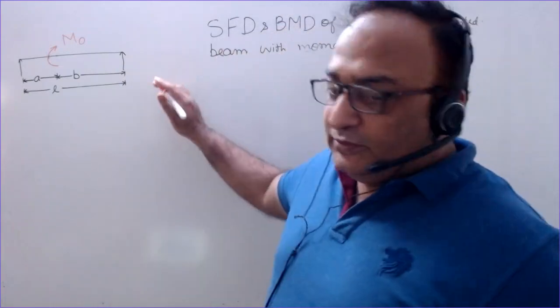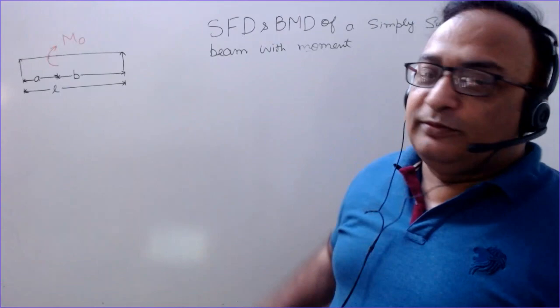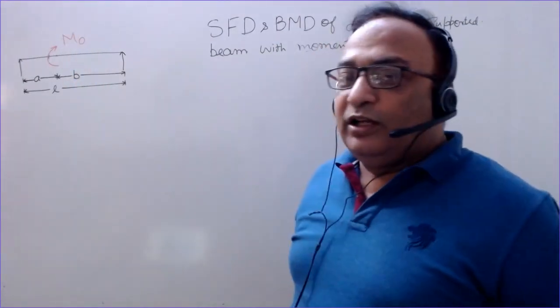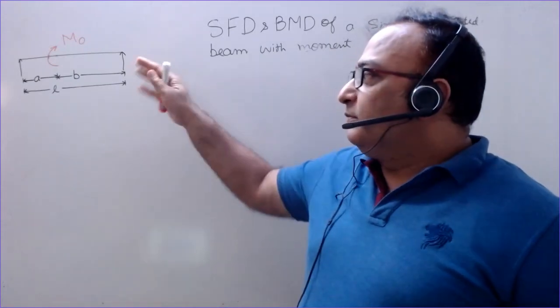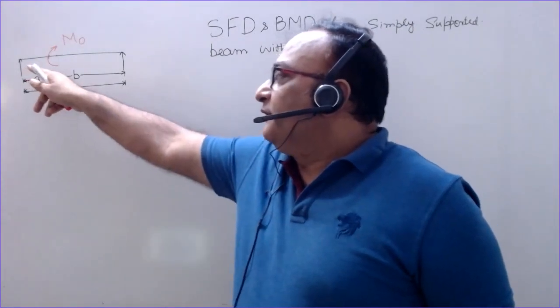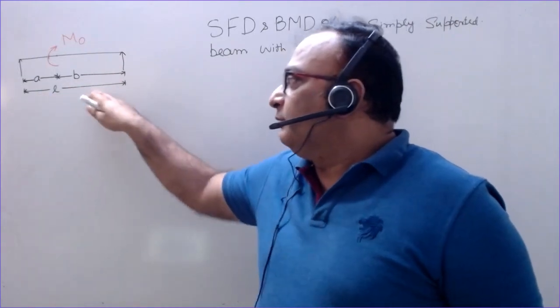We are going to discuss the shear force and the bending moment diagram of a simply supported beam at the two ends, which is carrying a moment M0, which is not acting at the midspan. So the beam is simply supported at the two ends, and at a distance of a from the left hand side this moment is acting. At distance b from the right hand side, the total length a plus b is equal